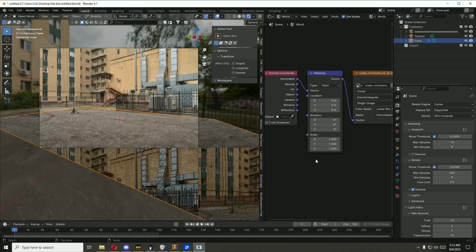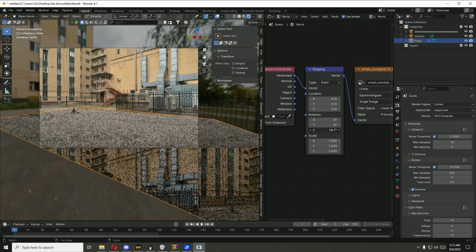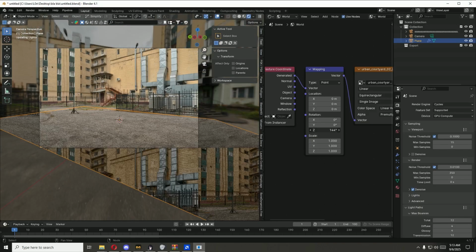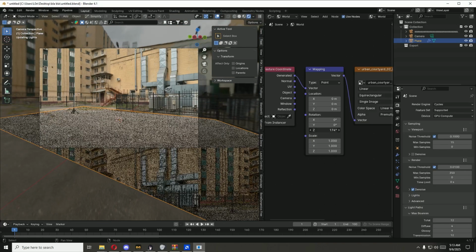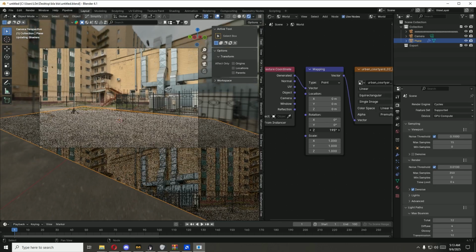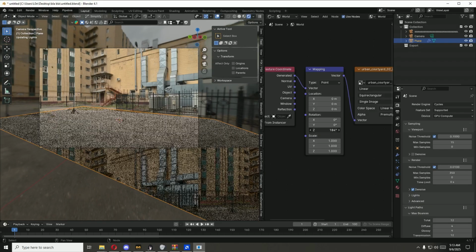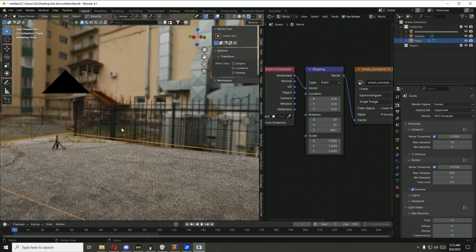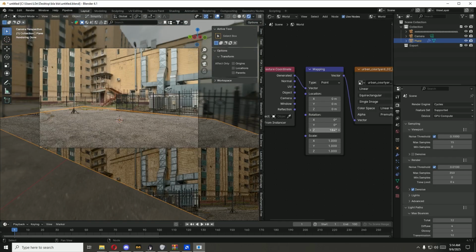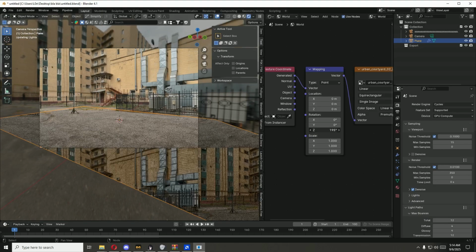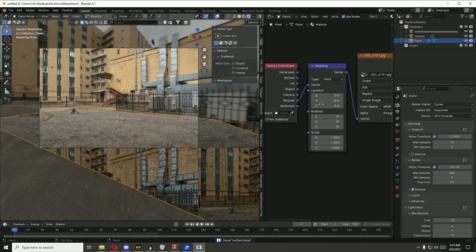See, go Z, rotate it roughly about the same, so it should be like this, maybe something like this. Wait, are the pipes there-ish? I mean, it's roughly the same. So wait, the pipes are there. Just try to make it roughly the same, something like this. It's not perfect, but roughly the same. So going back to object,